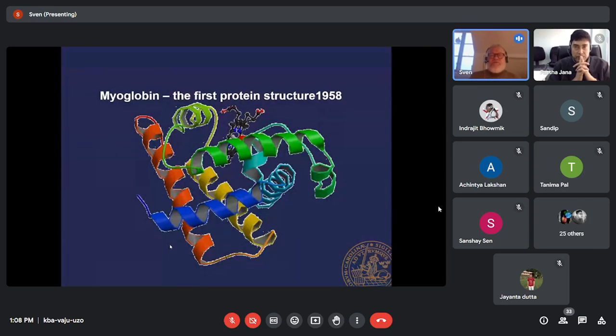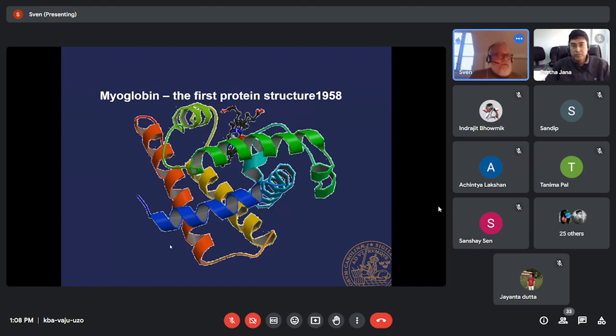But let's get back to the development after the structure of sodium chloride. Of course there was a lot of technical development, there were a lot of structures being solved, and then in 1958 we got the first protein structure, that of myoglobin. This was the result of an effort that spanned many man years, many tens of man years, if not hundreds. A lot of work went into the crystallization, the refinement of the crystals, the collection of X-ray data, development of methods to solve such a large structure, and in the end, the